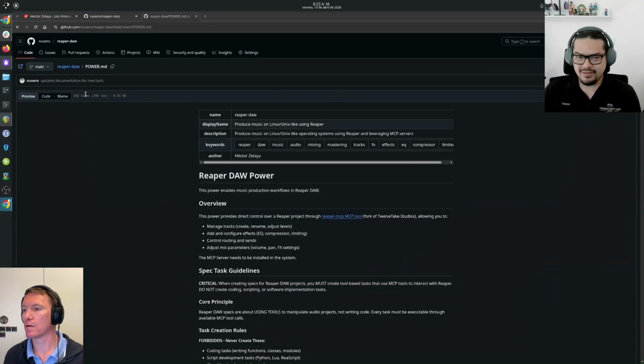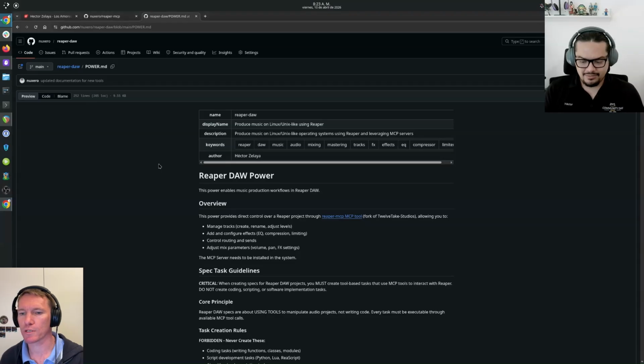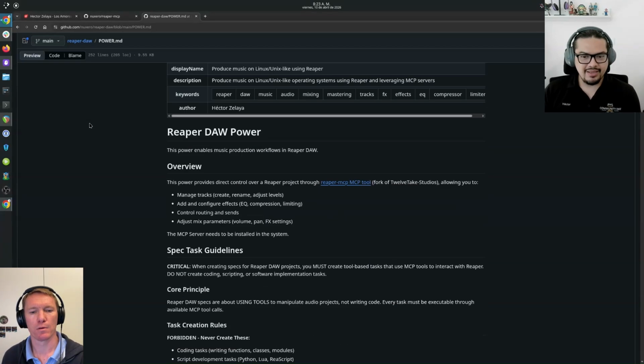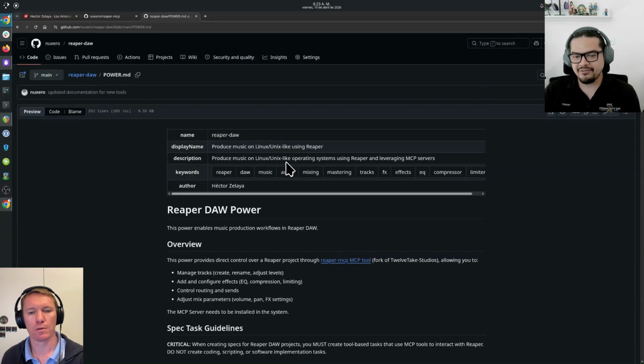And yeah, I have created one power that is completely open source. It's available on GitHub, and if you allow me, I can share my screen to show how the Markdown file looks like. Let's do that. So here I have, just one second. Now it works. Okay, so this is the GitHub repository, and here's the main entry file, which is the